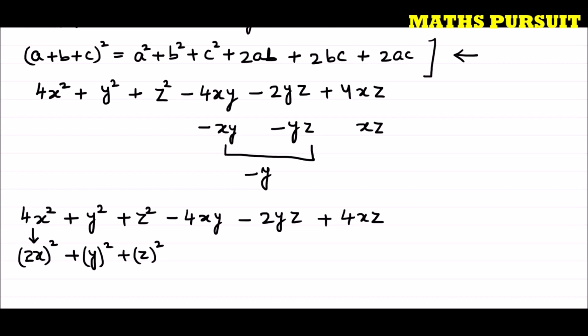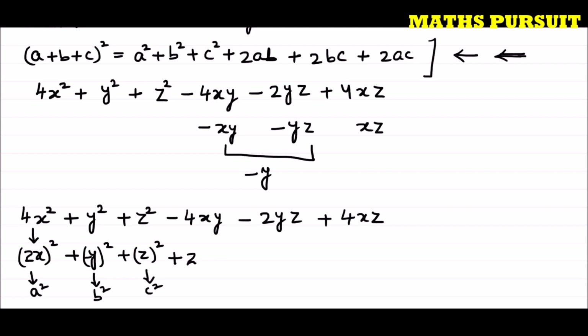Then, because we are solving this keeping this identity in mind, you could easily compare: this 2x to the power 2 is nothing but a to the power 2, this is b to the power 2 and this is c to the power 2. Now what is being left here? We require plus 2ab. So simply I will write a plus symbol and then 2ab.